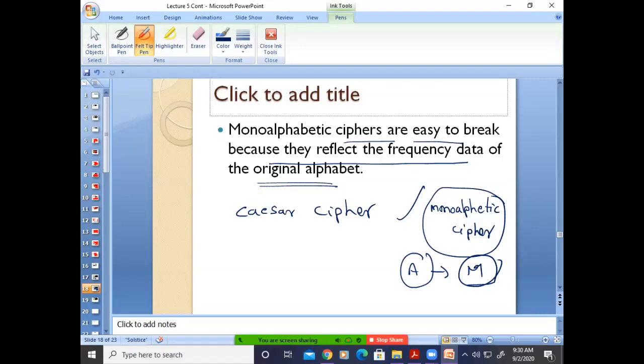So either the Caesar cipher or what we are discussing today, the monoalphabetic cipher, both are the same, but the algorithm or the keys are different. Whatever we discussed yesterday and today, both are monoalphabetic ciphers only, but the algorithm or keys are different. And these two can be easily broken, because in the Caesar cipher only 25 keys are available, and this will be easy if I know the frequency of these alphabets and the nature of the plain text. Is it clear? Monoalphabetic ciphers and the Caesar cipher.